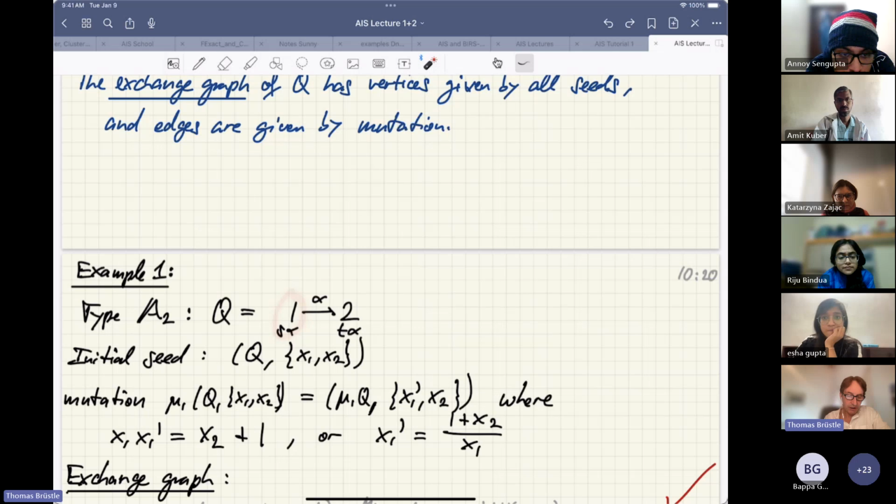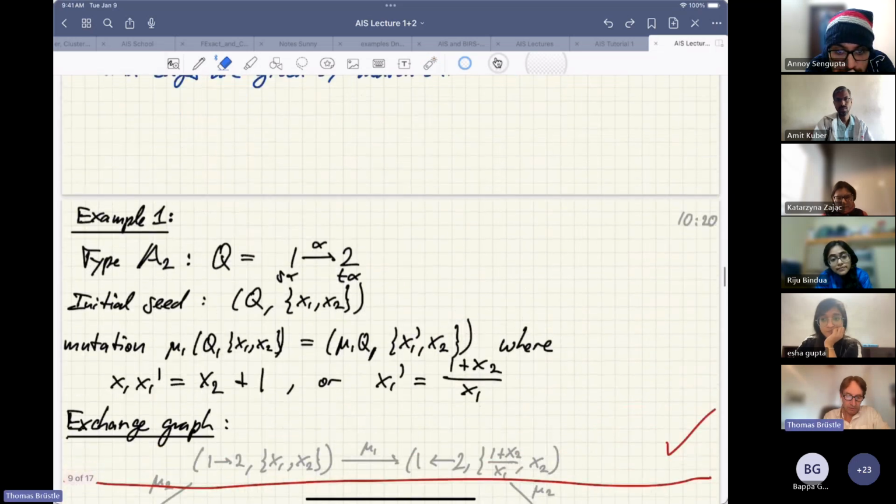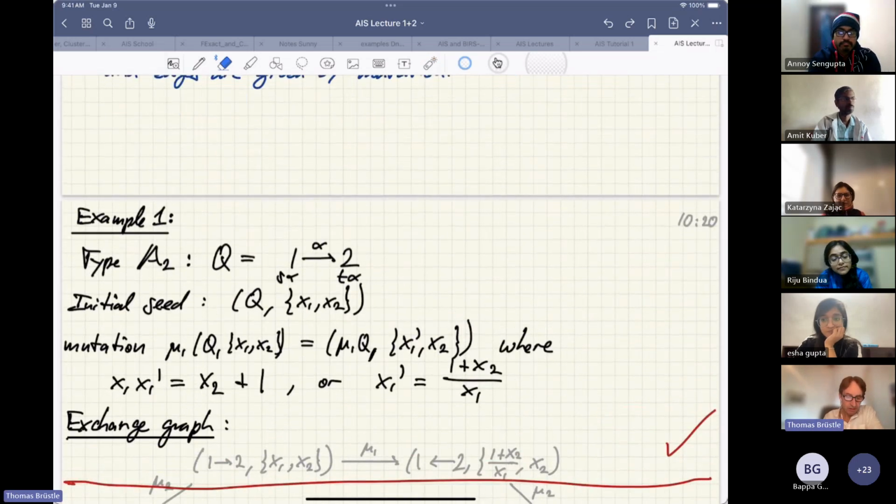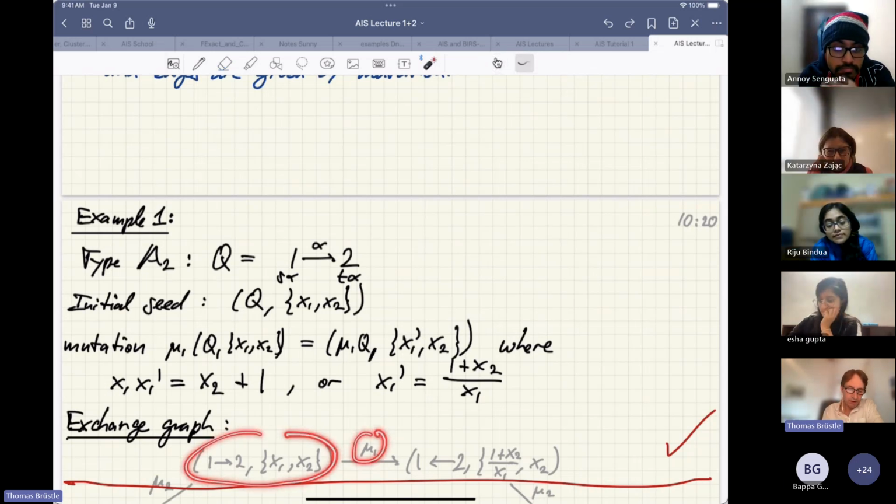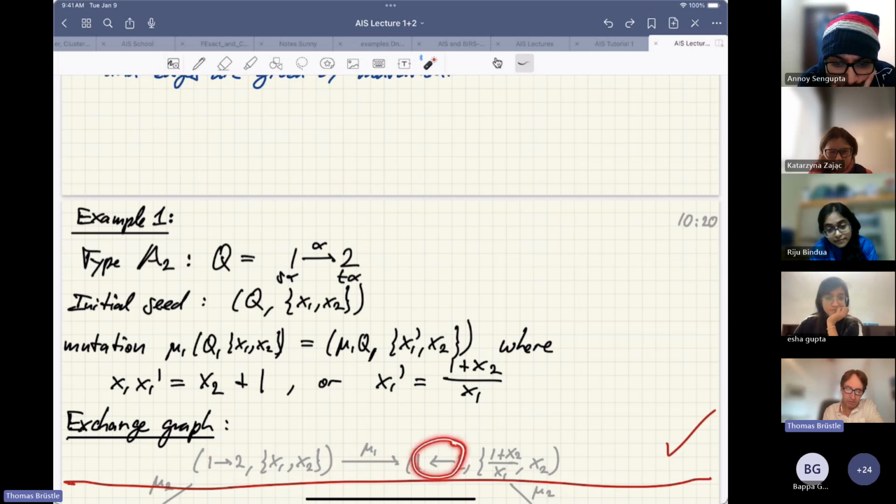The mutation of this seed is given by the mutation of the quiver. So we came up to here yesterday. This is our initial seed, and let's do the mutation in 1. The mutation at 1 of this quiver: 1 is a source, so we just flip the arrow around. This is mu1 of Q. This is easy. And then to mutate the variables, we mutate at 1. This means we keep x2, we write x2 here, and we only change x1, and x1 is given by such